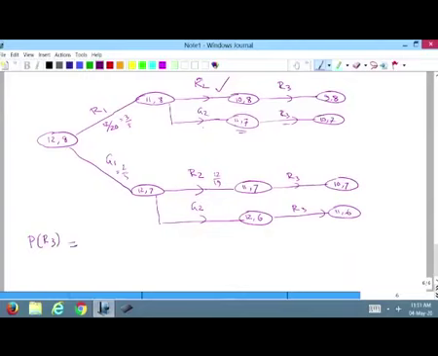So, this is the product of 3 by 5 into R2, therefore, 11 upon 19 multiplied by R3, that is 10 upon 18, plus 3 by 5 into, now we are drawing a green, therefore, that is 8 upon 19 into, now we are drawing a red, that is 11 upon 18, plus